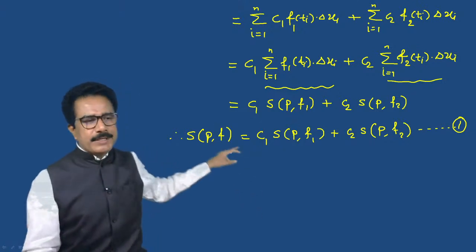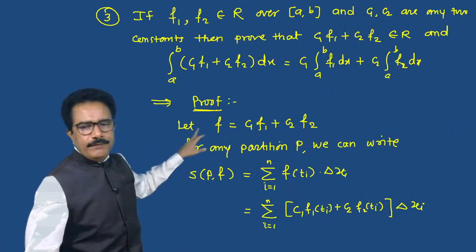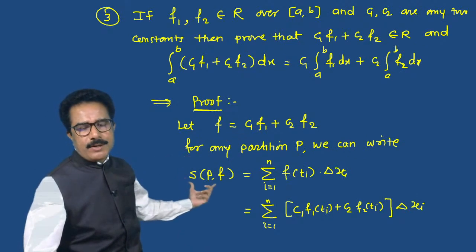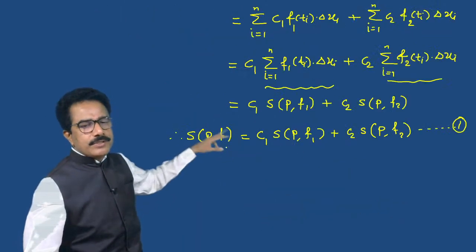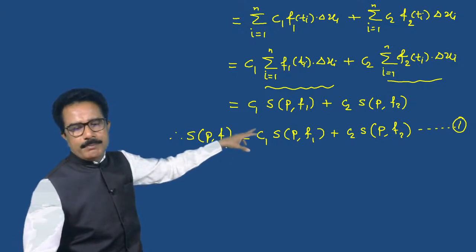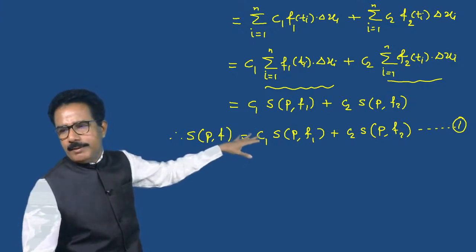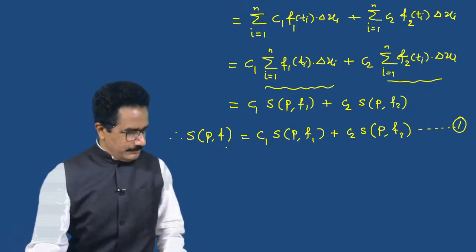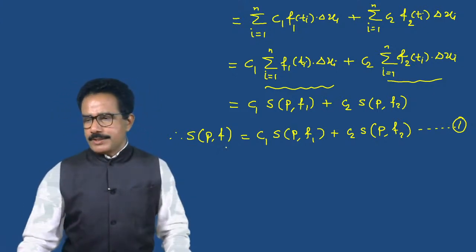हे समजलं का रे? फर्स्ट पार्ट कसा आला? If we consider F is equals to C1 F1 plus C2 F2, then S of P comma F वरनं C1 S of P comma F1 plus C2 S of P comma F2, हे कसं आलं? समजलं का तुम्हाला? ओके,